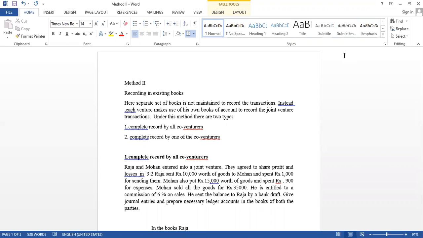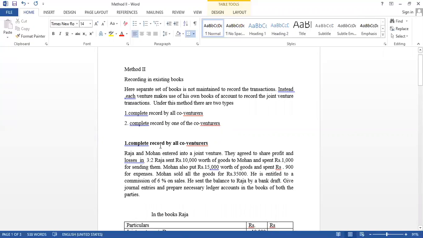That means all the co-venturers maintain an account. It is divided into two types: complete record by all co-venturers, and complete record by one of the co-venturers. Now I explain complete record by all co-venturers. In case 4 co-venturers are there in a joint venture, 4 co-venturers maintain a separate joint venture account and separate